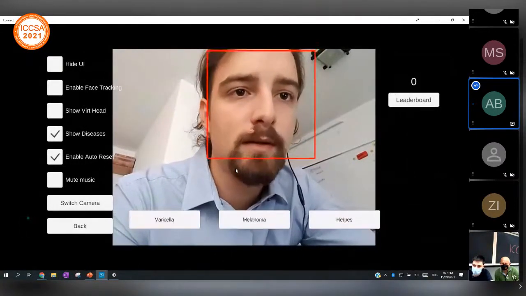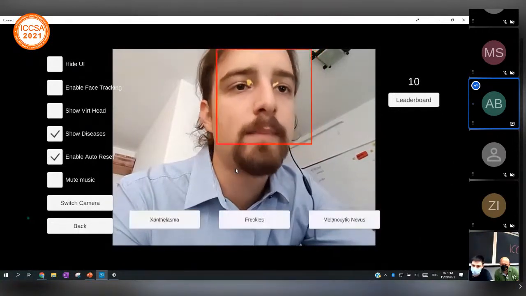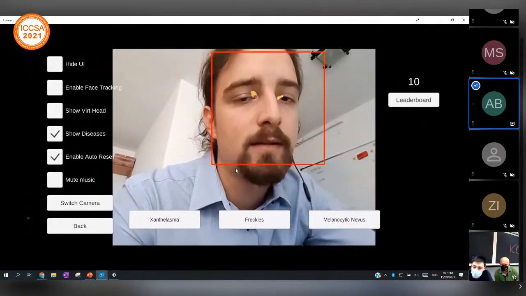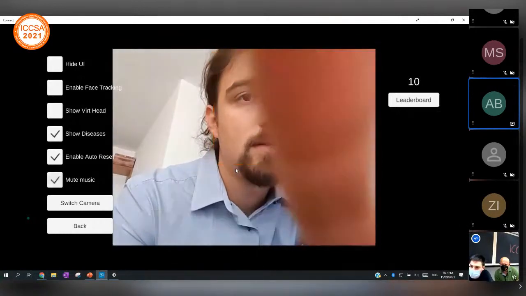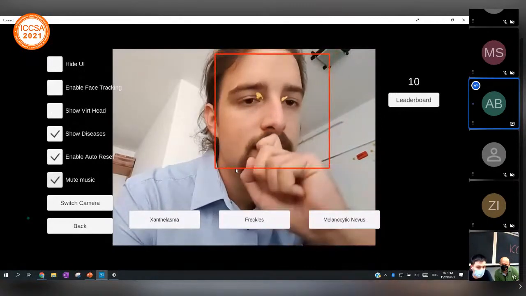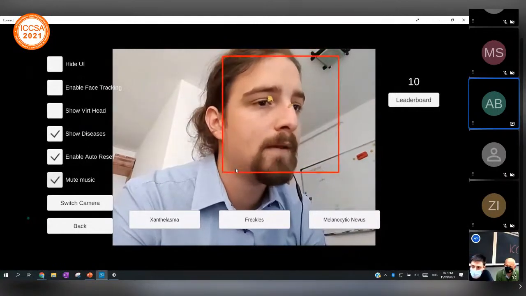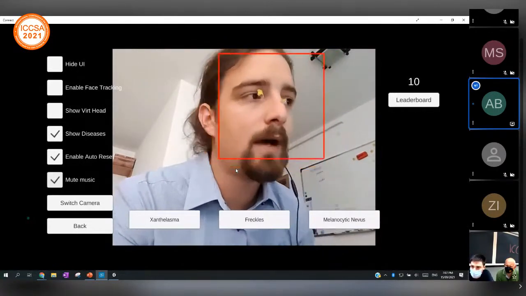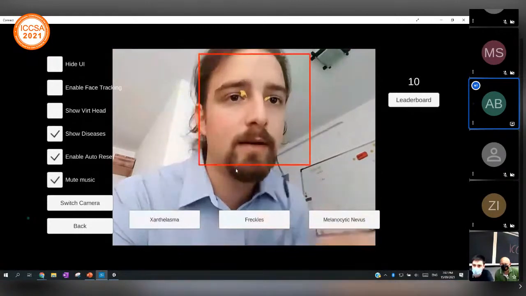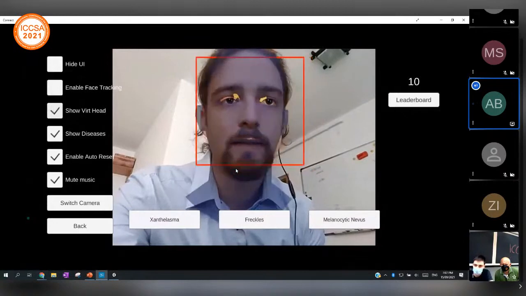So this is herpes. I don't know if you can hear that, but it's using sounds to make it better for the students. It uses sounds like Who Wants to Be a Millionaire. We cannot hear the sound because the sound is not propagated. Yeah, I thought so. And you can also see the face tracking, and how the virtual head is being seen right now.